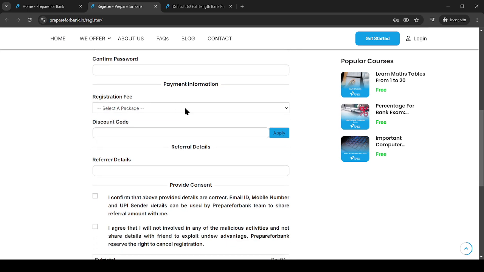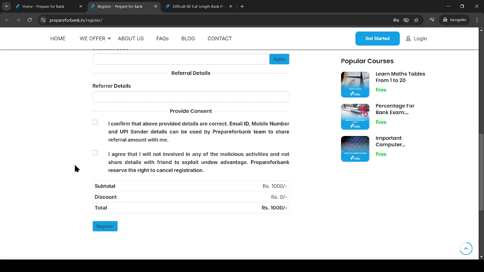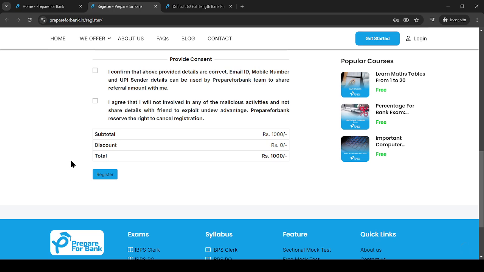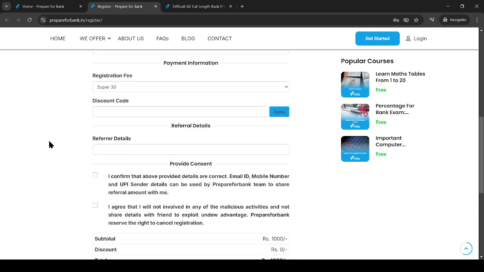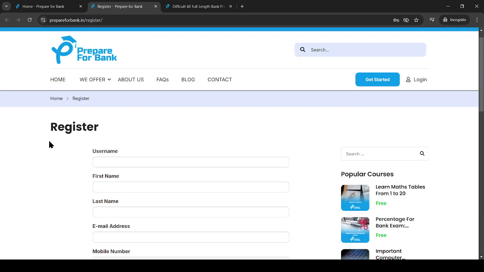Then you can select the package, that is Super 30 over here, fill in the referral detail and give the consent for these two check boxes, and then you can pay the fees by clicking register. It will go to the payment gateway and the fees are taken. So this is the process for your registration.